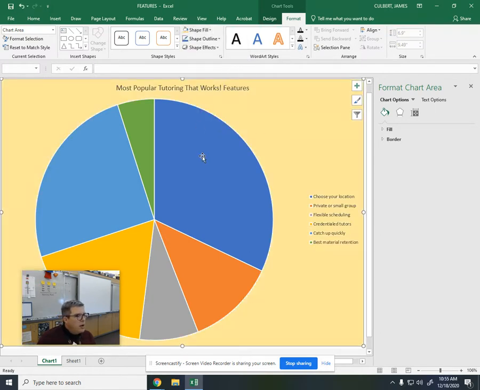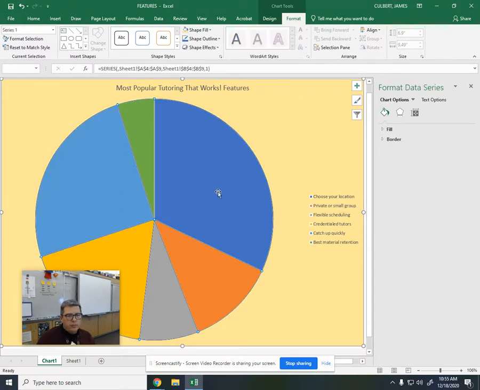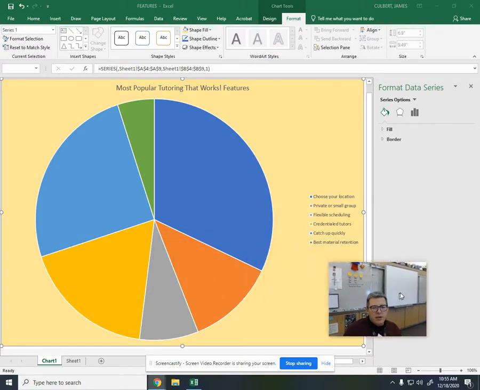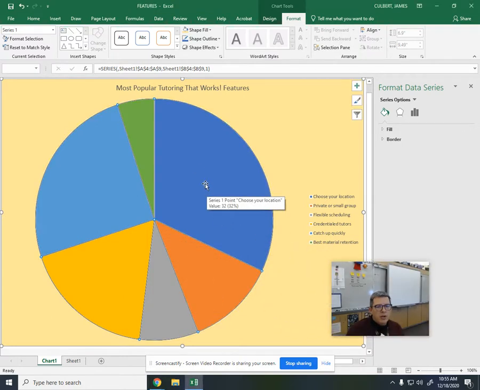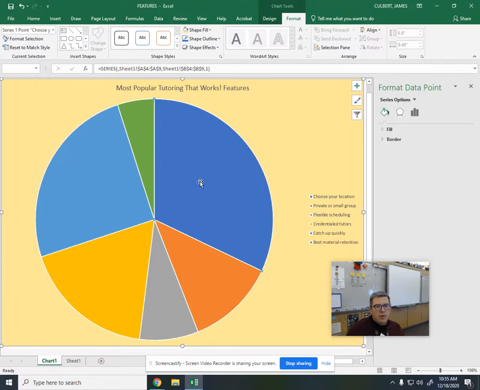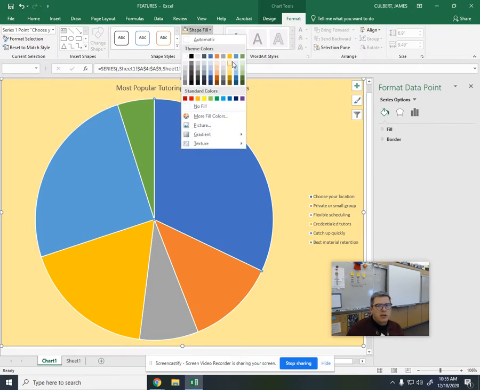Okay. And now they want us to format the pieces of the pie. So Choose your location is this blue, and it's kind of a dark blue. This is a little bit tricky, not horrible, but you can click right here and you can see that every piece of the pie is selected because you see the selection points. What we want to do is select just this Choose your location piece of the pie. So we click on it a second time, and now the selection points are just on that piece of pie. We're going to change that pie piece to light blue,